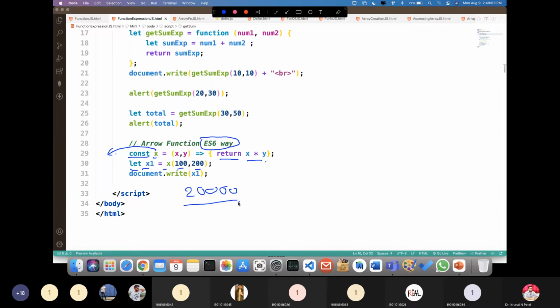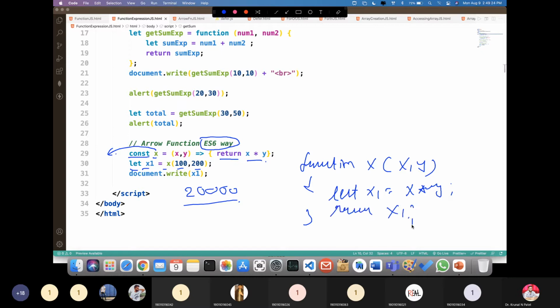Suppose if the same function I'm going to declare, then I need to write function x into bracket x comma y, and let some another function, or directly you can let x1 is equals to x multiply by y and return x1.